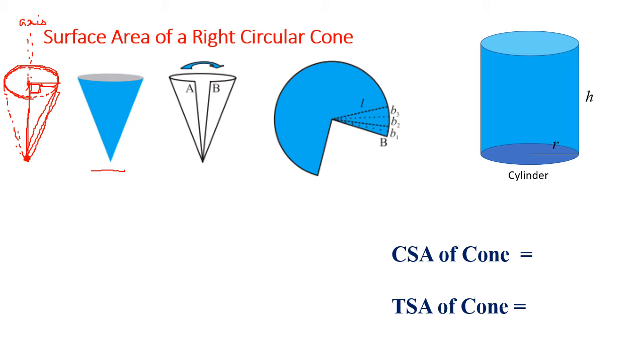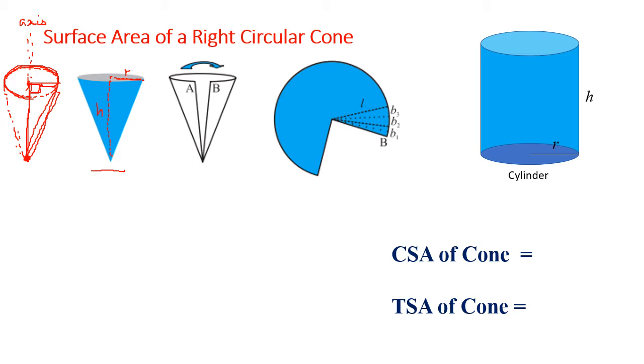So you can see in the picture here, this is the axis, or this line I will call the height h. It is the height of the cone. And where I made it go round, it forms a circle. You can see it is not shown properly, but this forms a circle. So this I call r, the radius of the circle. So what has the cone got? The cone has got a height h and a radius r.